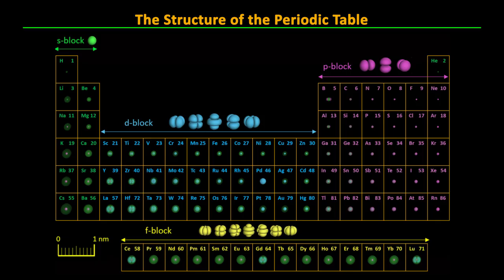So plotted this way, you can immediately see each column of the periodic table is grouping similar looking orbital clouds together. As we'll see when we go through the elements, the first 2 columns are populating the s orbitals, the last 6 are populating the p orbitals, and the middle 10 are populating the d orbitals, with the bottom row populating the f orbitals. The atomic symbols and numbers for each element have been color-coded to highlight these blocks of elements.